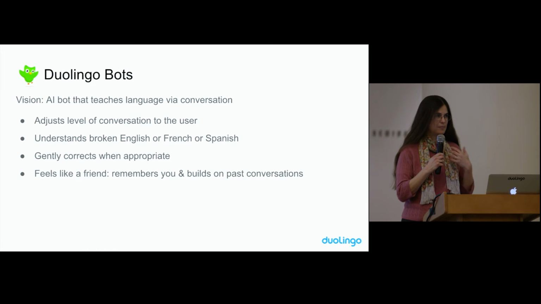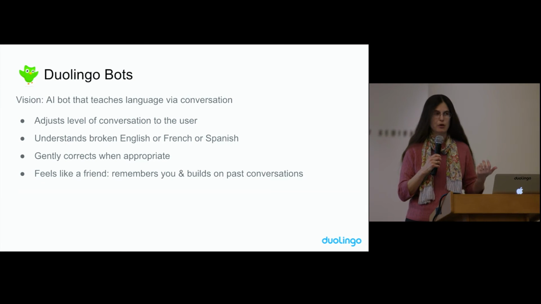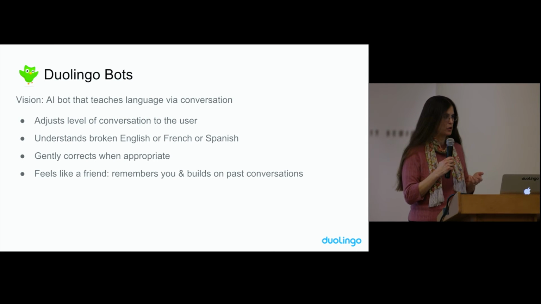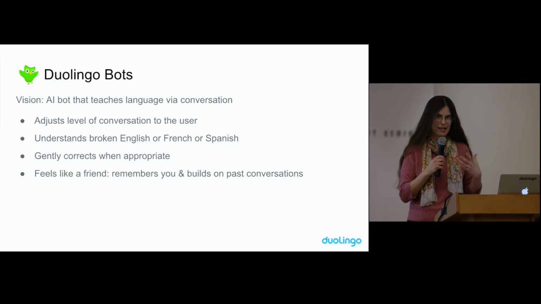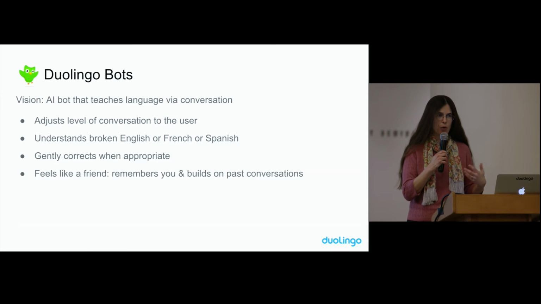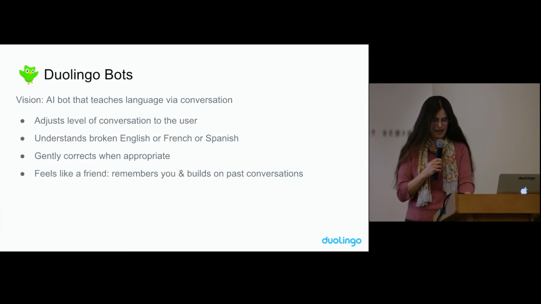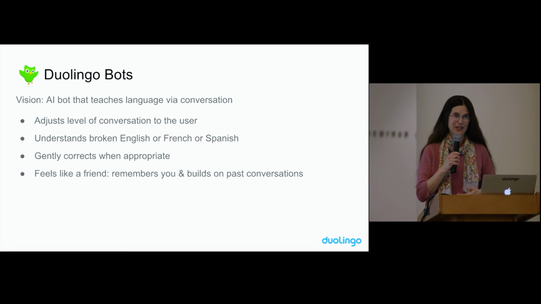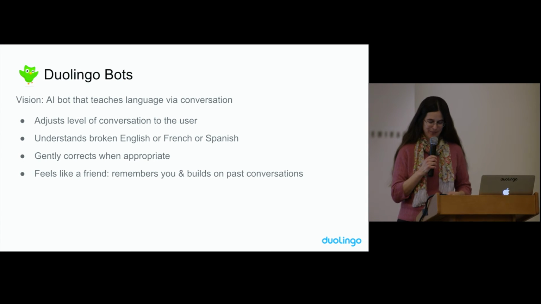The reason is that something like 3/4 of people who try it are embarrassed to speak in a foreign language with another person. It causes a kind of social anxiety to try speaking in a language you don't know and revealing how bad you still are at it. So this is why we decided to work on conversational bots. Because with a conversational bot, there's no need to be anxious. It's just a machine. It's not going to judge you.